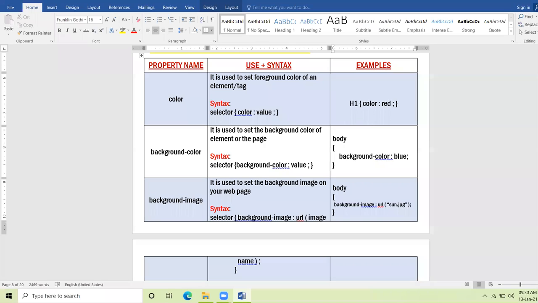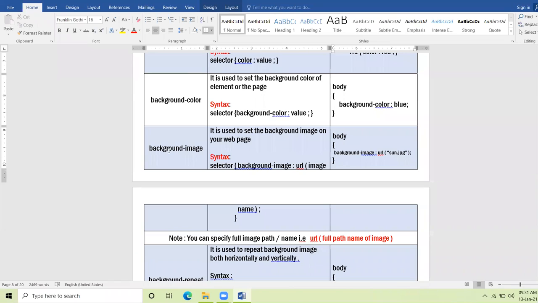Then if you want to apply any image in the background of the web page, how you can do that? Body tag, background hyphen image, colon, URL, and after URL put bracket and write the name of the image.